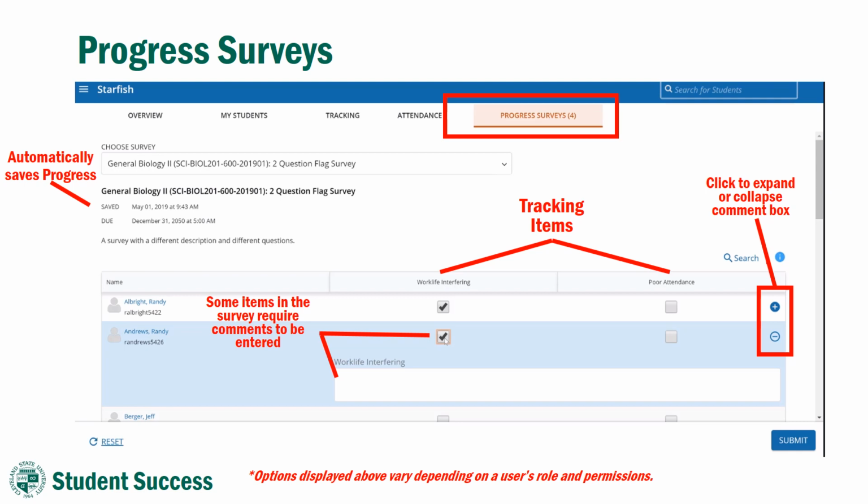You will view your course roster and see the tracking items associated with that particular survey. Each progress survey contains tracking items, again, which include flags, kudos, etc. In this example, there are 2 tracking items in this survey. On the screen, you can search for a specific student by selecting Search and entering in the student's first name, last name, CSU ID, or up to 3 characters. You can also learn more about tracking items displayed in the survey by selecting the Info button next to the